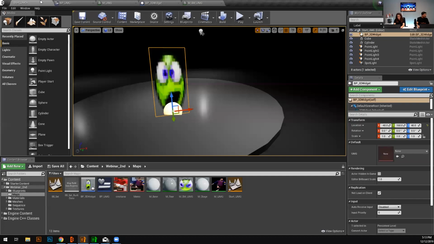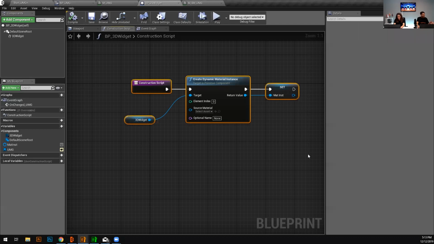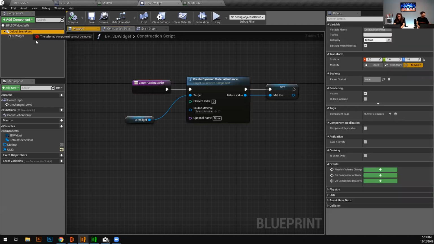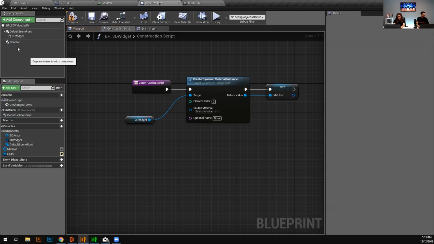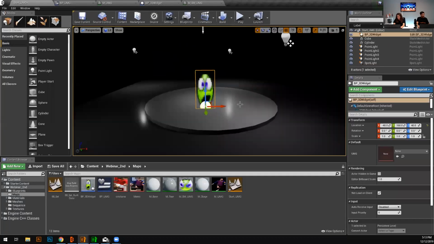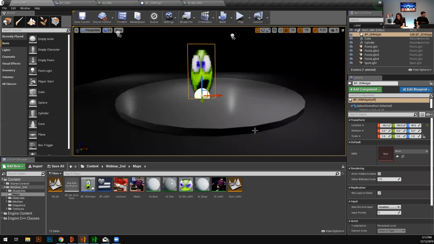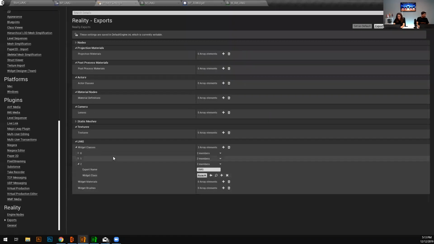That's it, nothing. Except one thing that I need to, in order to export this blueprint, we have two options. We can export it with the export utility, with the export option in the project settings, or we can use ZDactor. And when we put the ZDactor component right here, it means that this blueprint is exposed in the reality node graph for further processing. Okay. Edit, and I love this option. Reality exports,